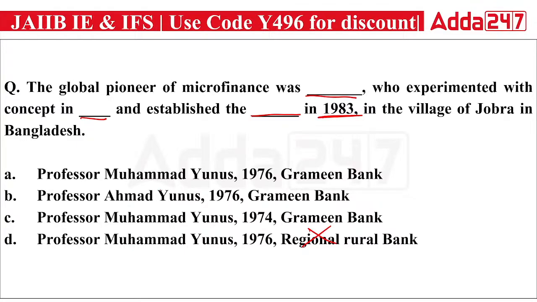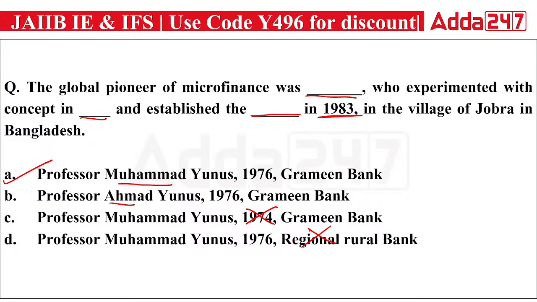So Grameen Bank is correct in all three, but now we have to find out the year. And actually the year is 1976, so you can eliminate option C also. Now we have to find out whether it was Professor Muhammad Yunus or Professor Ahmed Yunus, because the year is 1976. And the right answer is option A, Professor Muhammad Yunus, in the year 1976